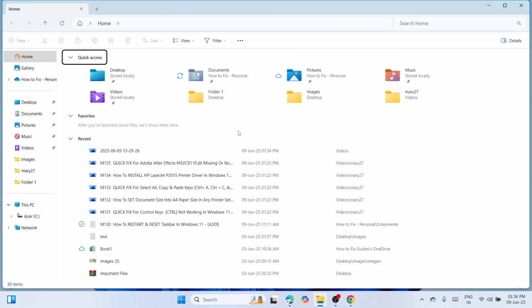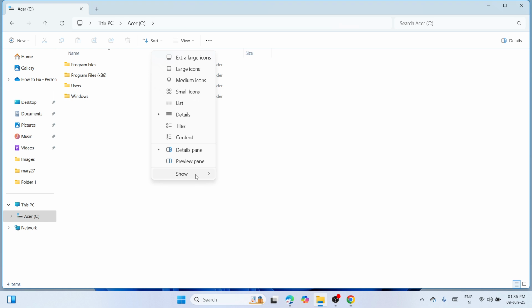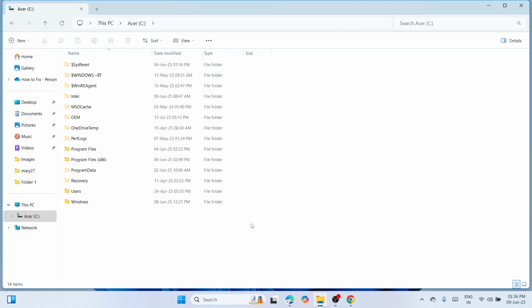So first, you need to proceed to the left pane and locate This PC, and under it, you can see your C drive or local disk. So you need to navigate first to View, click on it, go with Show, and click on Hidden items to show the hidden ones. So once you have seen those hidden file folders, you need to locate the file folder which is the